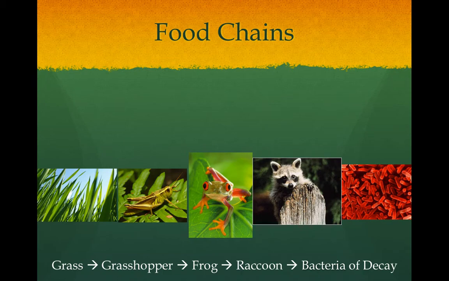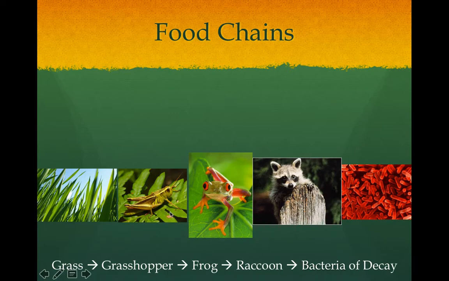This is the last of our presentations in ecology, and we're going to be continuing with where we left off with the food chains. This was the last slide of the last presentation, and I just want to remind you that we always start a food chain with a producer, like a plant like grass or a tree, and then from there we have our primary consumers or herbivores that get their energy from eating the producers.